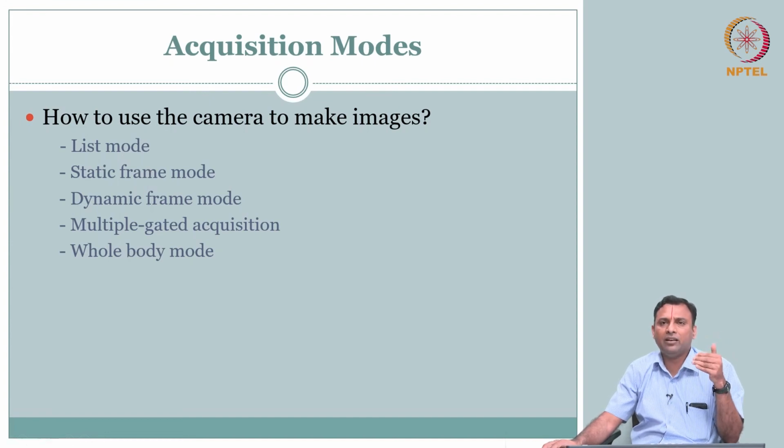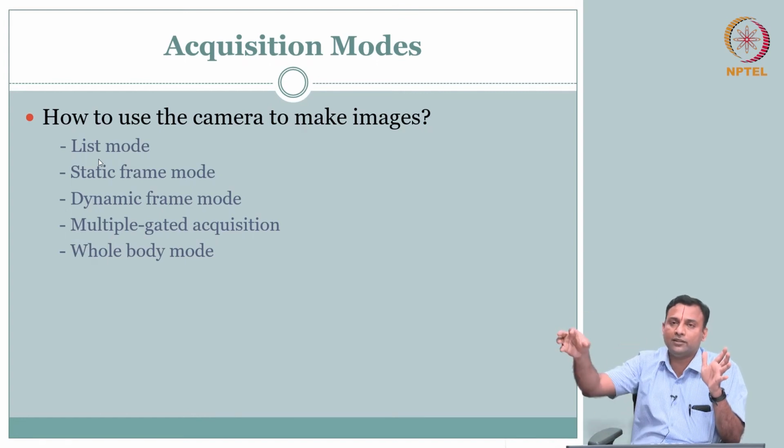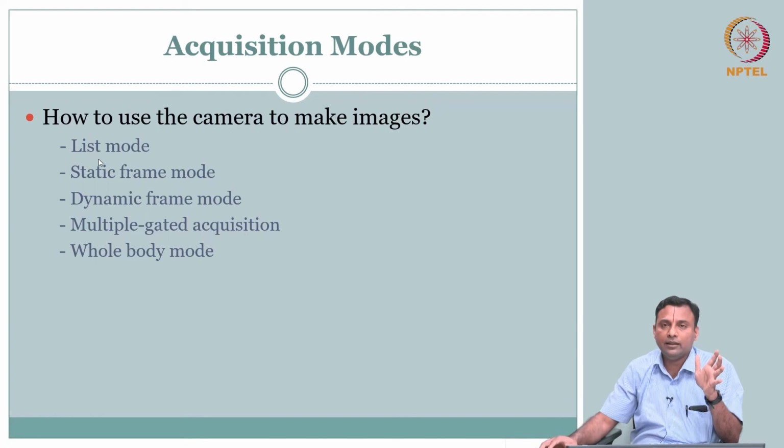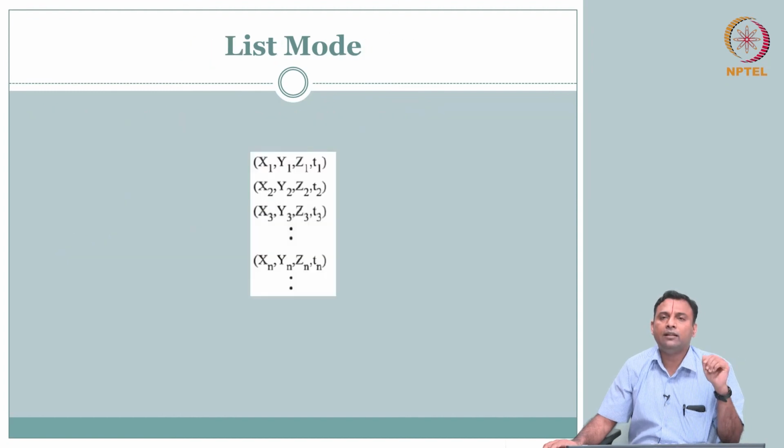These are very intuitive, because you know the important aspects: the Z analyzer, x and y location. If you know that and you understand how this signal is coming in relation to the source that is sending it out, then all of this is a pretty straightforward way of exploiting this information for a particular application. First is your list mode.